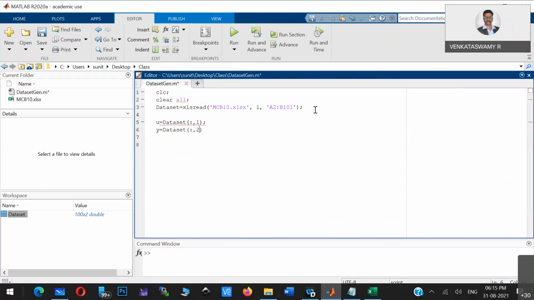This is the syntax used to extract one column in the matrix. If you want to extract any one column in the matrix, you have to use this syntax. First column and second column. You can use the input as some kind of current, and here I'll use Y as the trip signal.